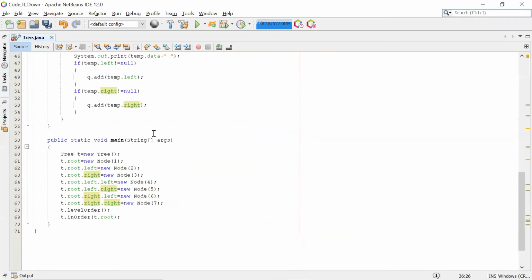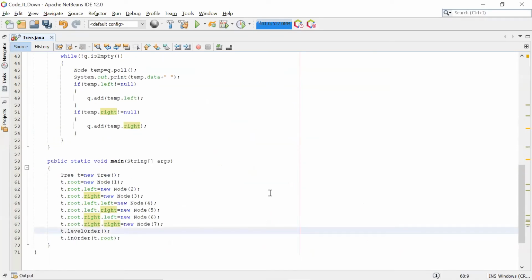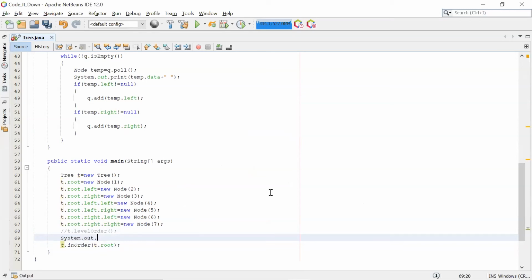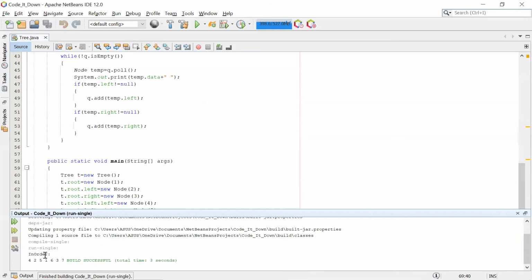Is my IDE visible here? See here, first left subtree, then right subtree, and the data part.